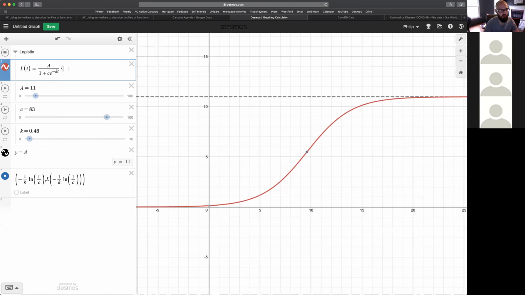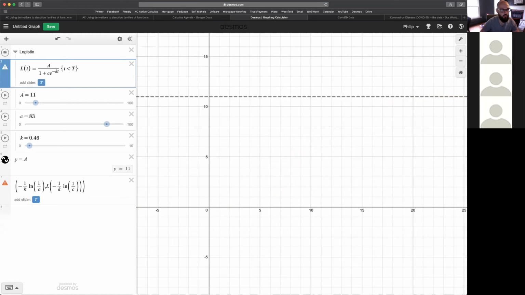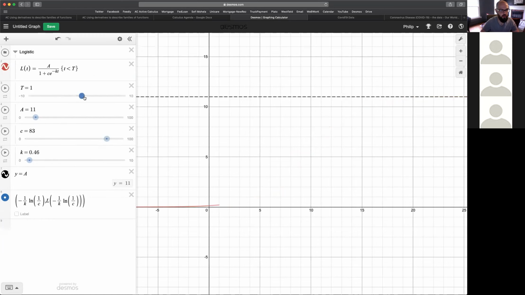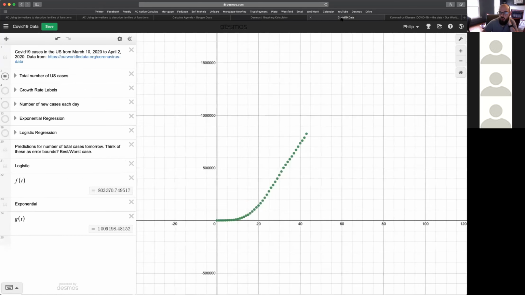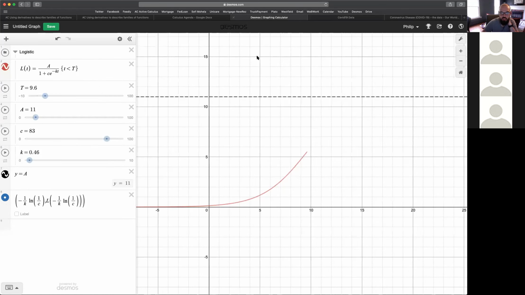let's put in another slider here. Okay, so what we're going to see over time is a function that grows something like this. We want to figure out where we are in this curve. Where are we in the logistic growth curve? We look something like this right now, and what we're hoping to see is that we hit that inflection point,